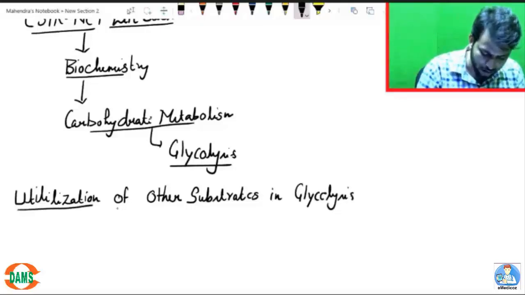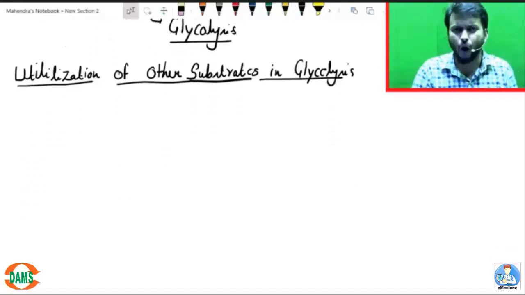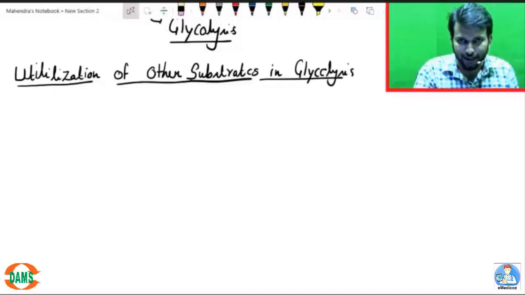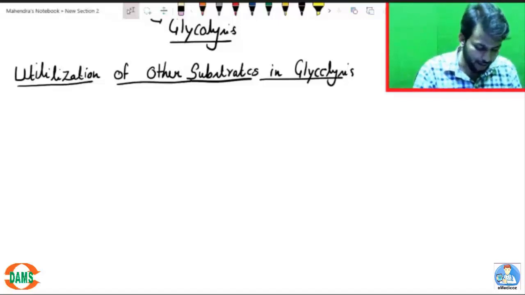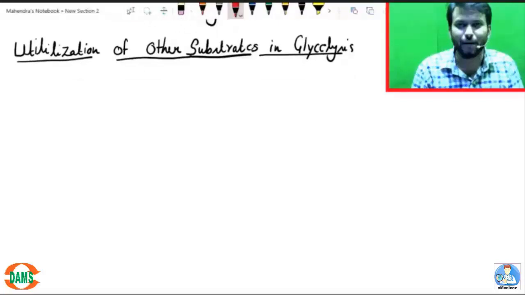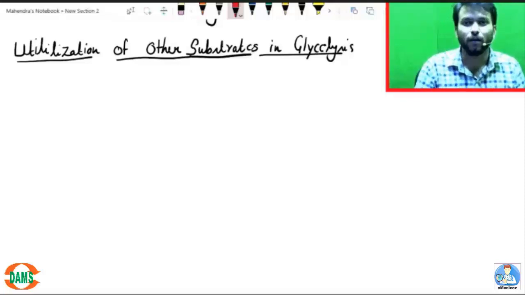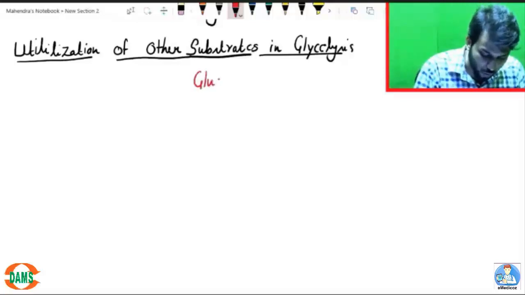First, I'm going to draw the process of how the different substrates enter into this pathway. Mainly it's a feeder pathway. When glucose is not available in our body, any other sugar can enter into this metabolic pathway and provide us energy. We know the whole process of glycolysis, so I'm going to write the metabolic steps, then show how other sugars enter into this pathway. We start with glucose,